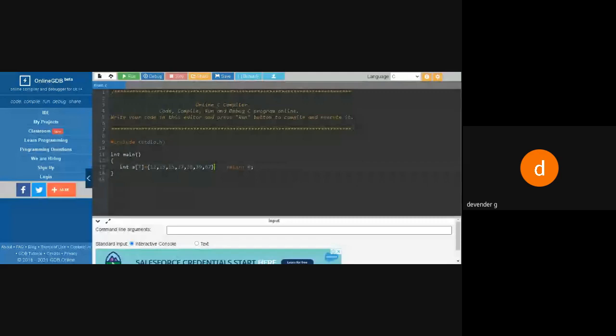Has the 7 been completed? 1, 2, 3, 4, 5, 6, 7. Now 7 elements have been stored. Now I want the output of the array.